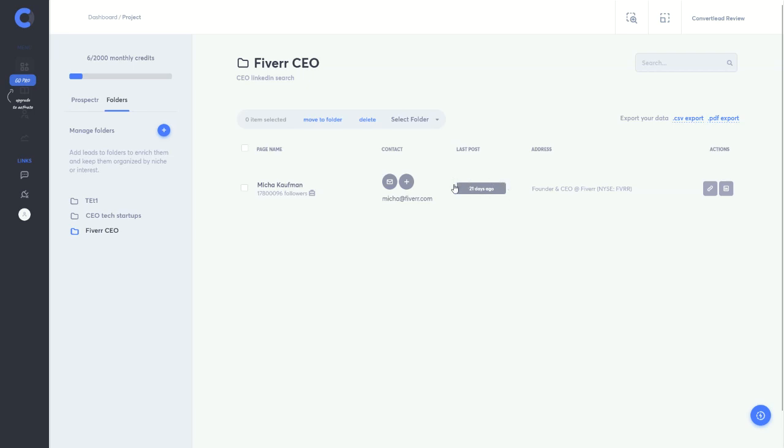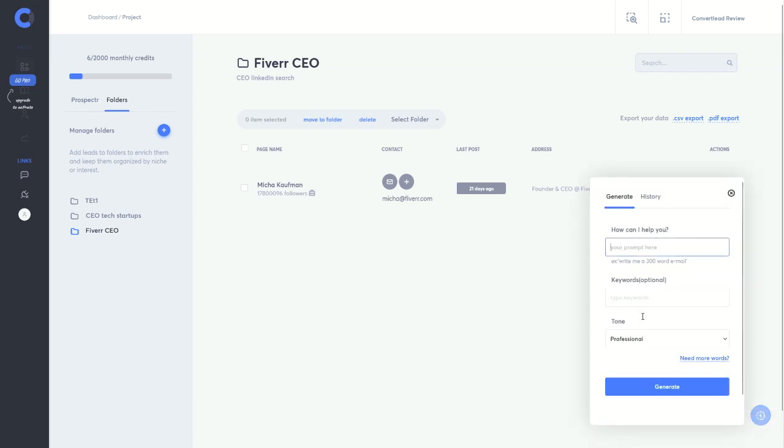This is showing you how bad their marketing is, and the lower the score, the better the marketing. So this lead is actually not that good. They have a pretty bad score, buyer intent score. So yeah, it's Fiverr, so they are good at marketing. We can see follower count, the address or job description in this case, and we can export the lead, open our AI widget, create scripts,